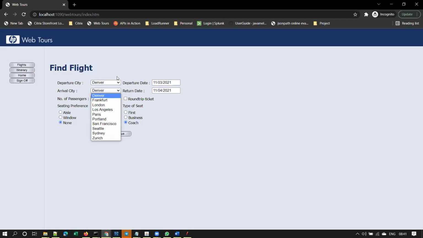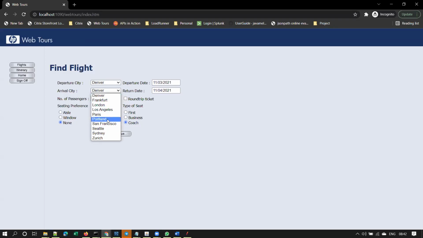There are 10 cities in each drop down. Please remember that in this application, you will have the same 10 cities in both the drop downs. Whatever you have in departure city drop down, you have the same cities in arrival city drop down also.